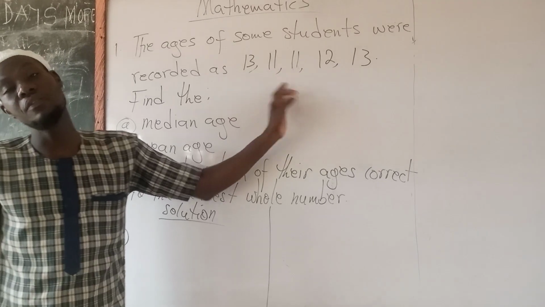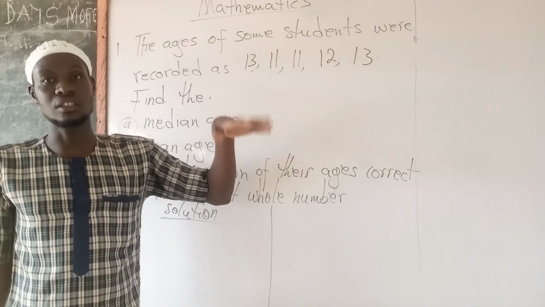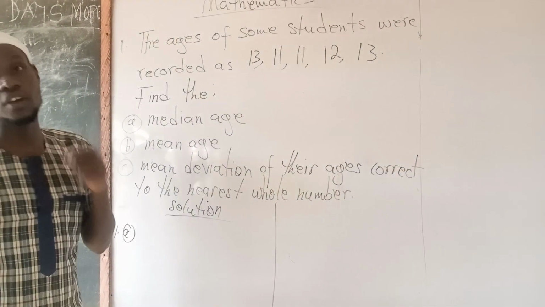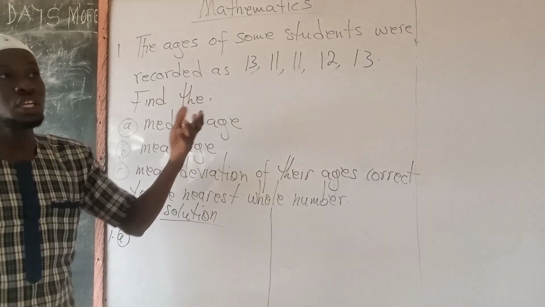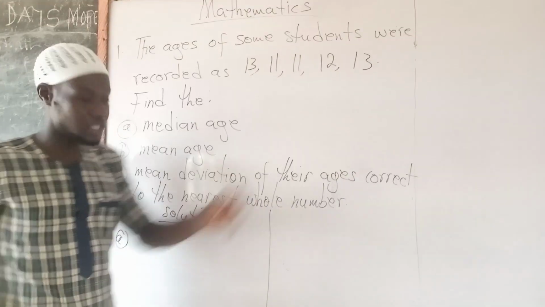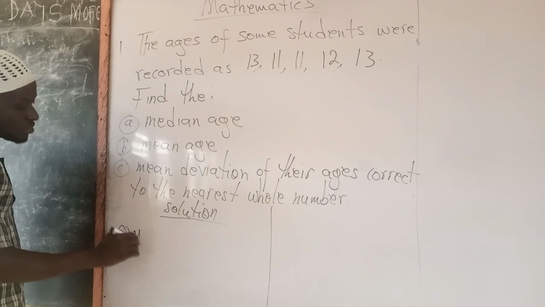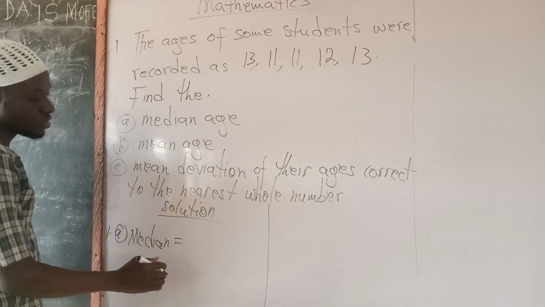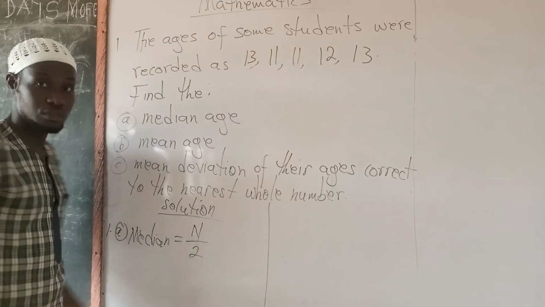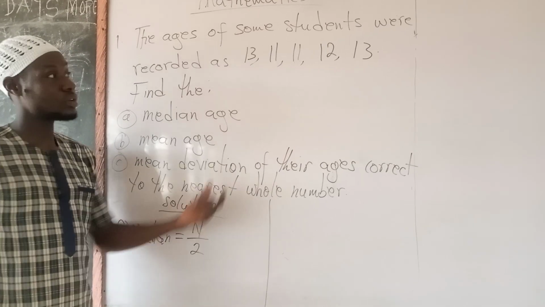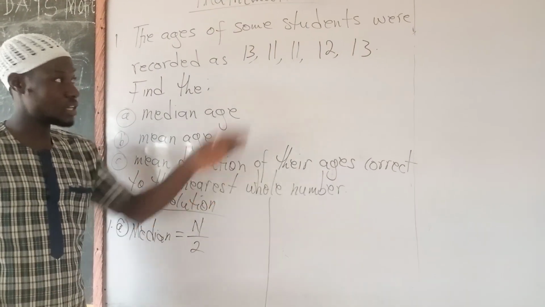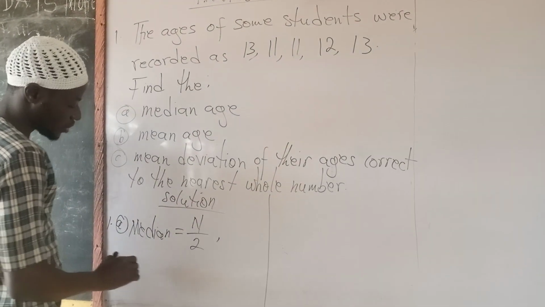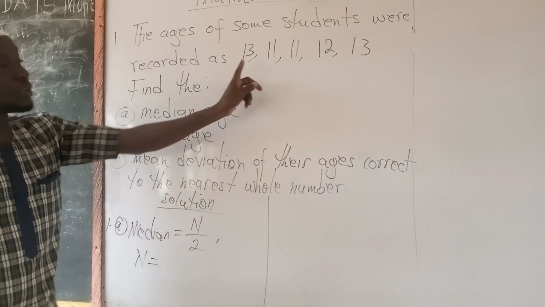That is, if the numbers are arranged in order, either ascending or descending. But for the purpose of getting the concept of finding the median of a set of numbers which may be relatively larger than this, the median position should be equal to n divided by 2. That is where our n is the number of items under consideration, here the number of ages, and so our number of ages, which is the n, is equal to, if we count,